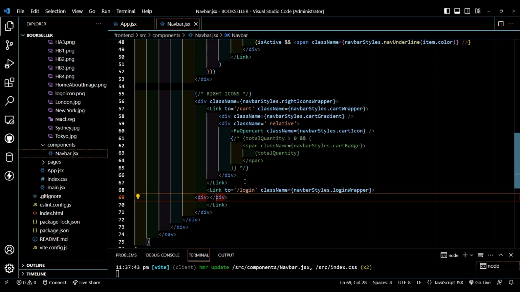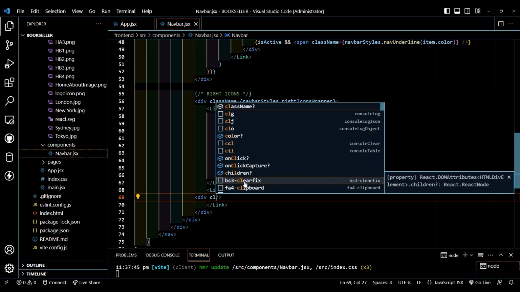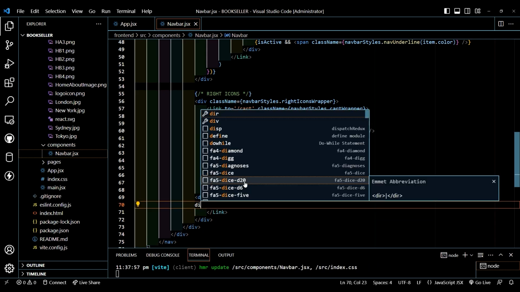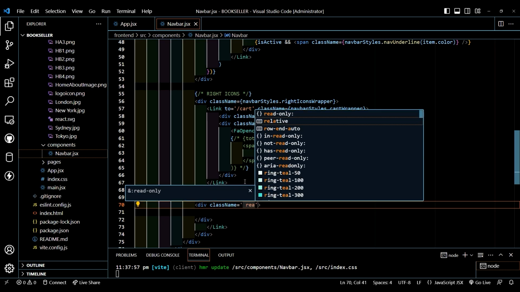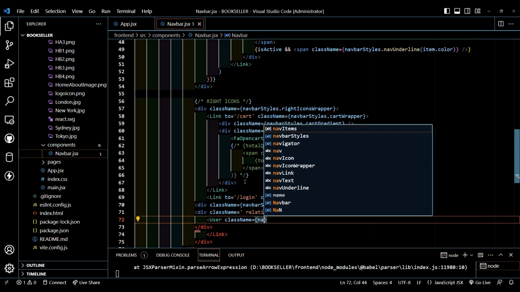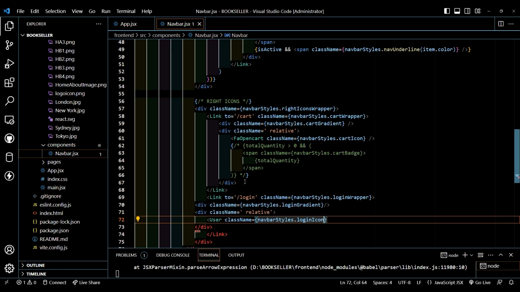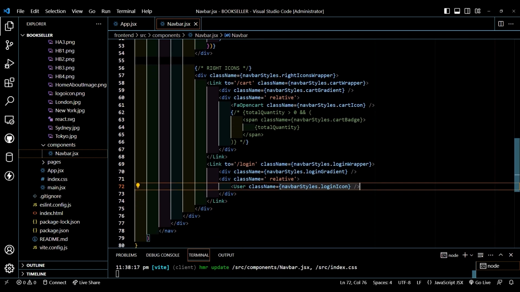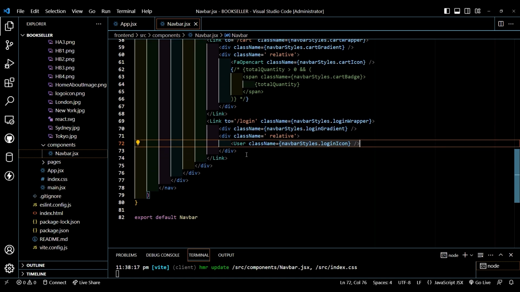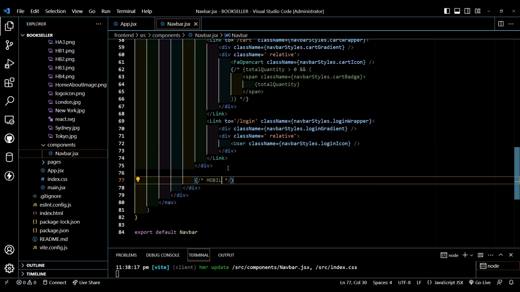Then another div tag, and let's close this div tag right here. Give class name navbarStyles.loginGradient. Then after this, let's create another div tag. Give class name: position relative. Then let's give an icon, that is User. Give class name navbarStyles.loginIcon. So a login icon is present here with the effects and it's working fine. So now after this, let's create the mobile menu